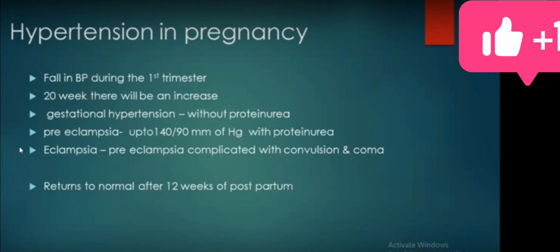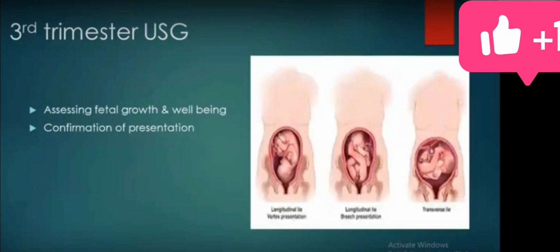Even after delivery, it takes 12 weeks for the hypertension to be controlled. Next is the third trimester scan. The third trimester scan mainly assesses fetal growth and well-being, and whether there is any intrauterine growth retardation, meaning the normal fetal growth is assessed. If it deviates less from the normal standard, that is, the baby weight is much less, then there is a risk of intrauterine growth retardation or IUGR, or also a risk for intrauterine death. And it is also done to confirm the